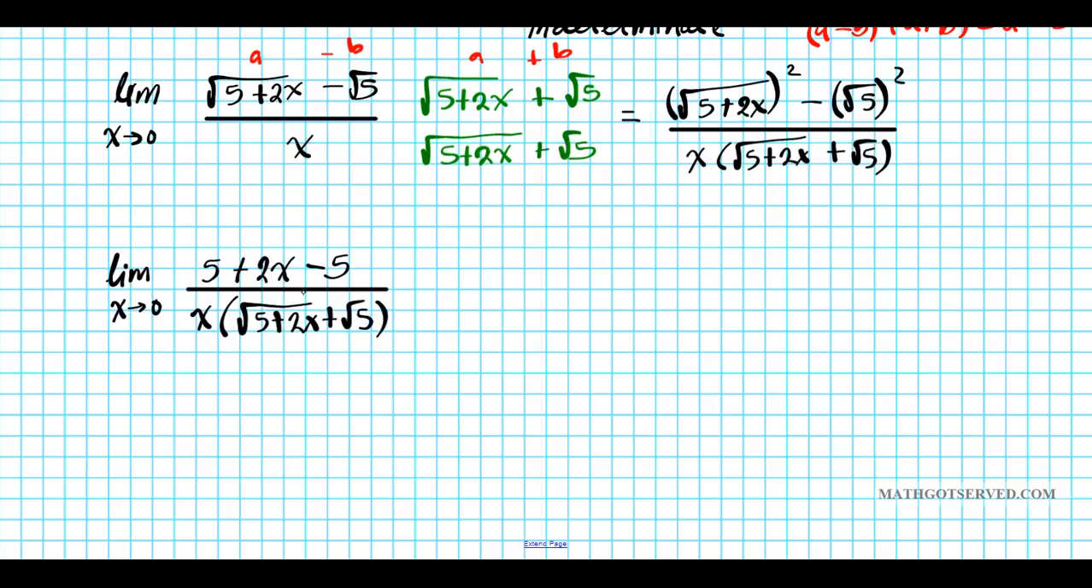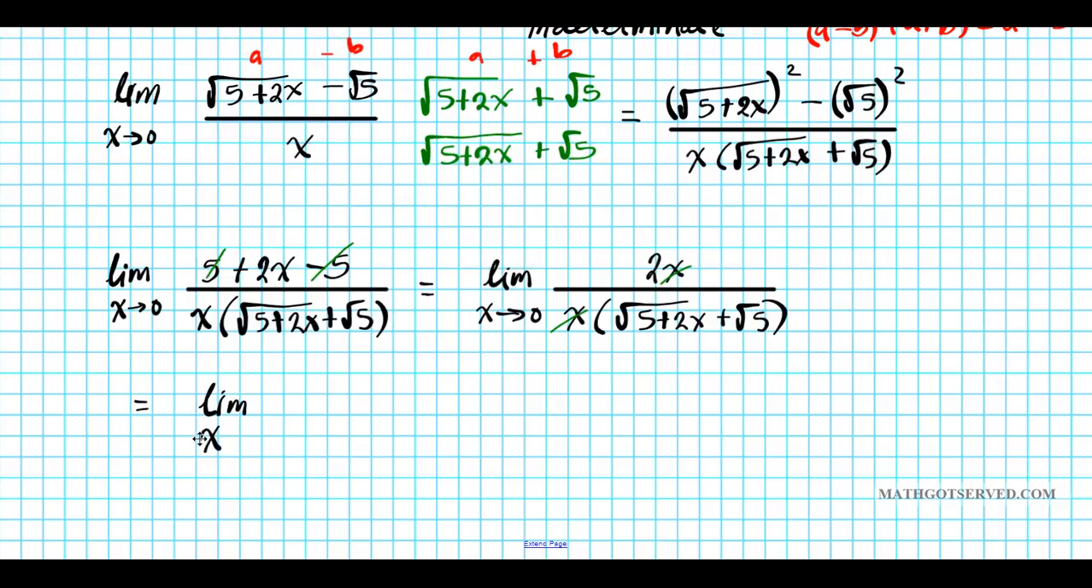Now what you notice in the numerator is the cancellation happening. These two add up to 0. And then I can carry out more cancellation, but I'll just do it step by step so you see exactly what's going on. You're left with 2x in the numerator divided by x times (the square root of (5 plus 2x) plus the square root of 5). We can now divide out the x's, okay? And then this becomes the limit as x approaches 0 of 2 over